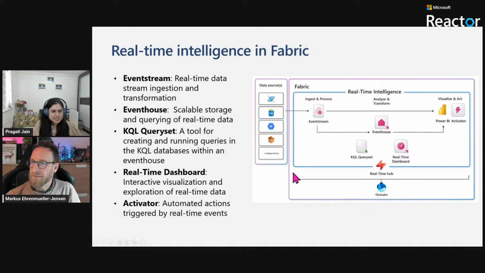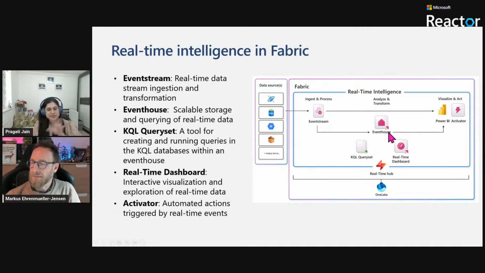Now, if you see this diagram on the right, it is a very simple diagram. In simple words, you have multiple data sources that are ingesting and processing your data using event stream. Basically, we are connecting to a real-time streaming data where event stream picks up that data, ingests it, transforms it, processes it, and then writes it back to an event house.